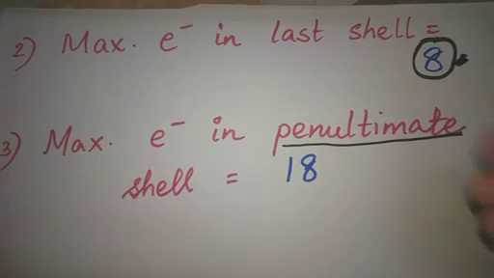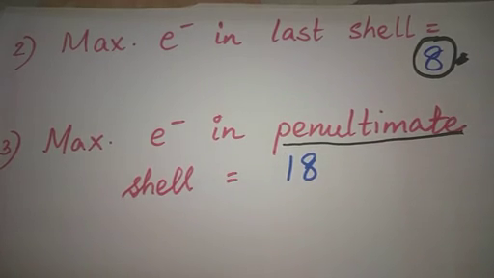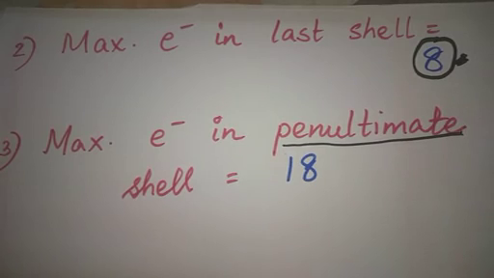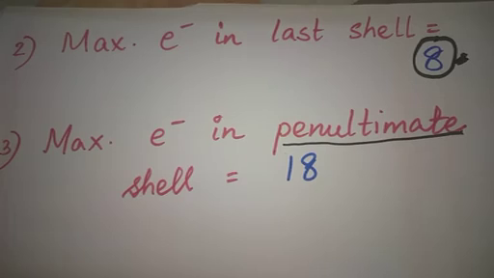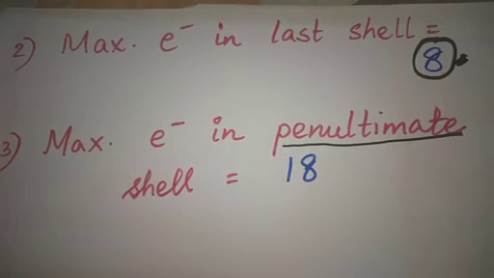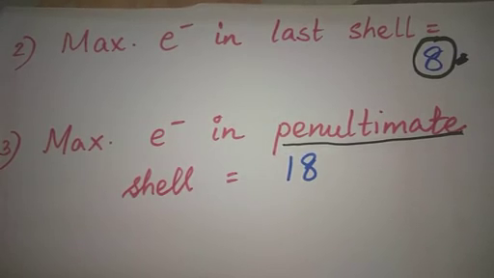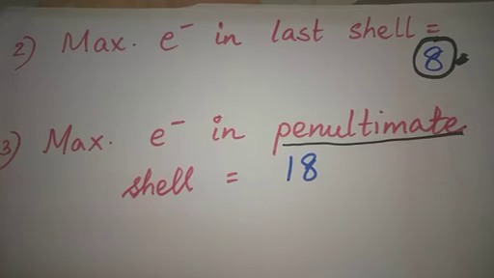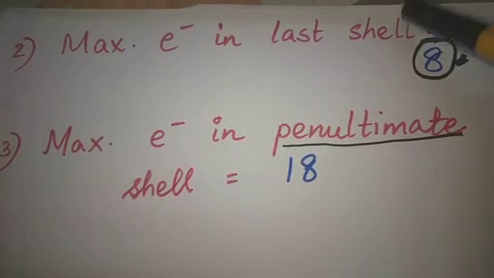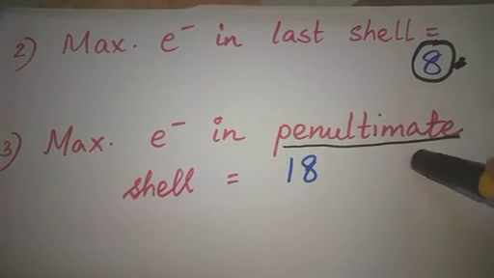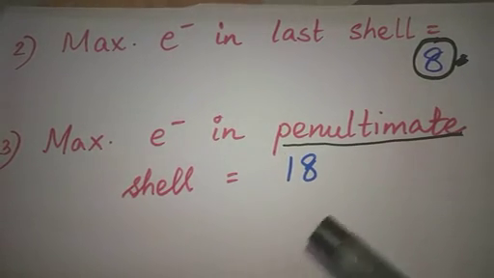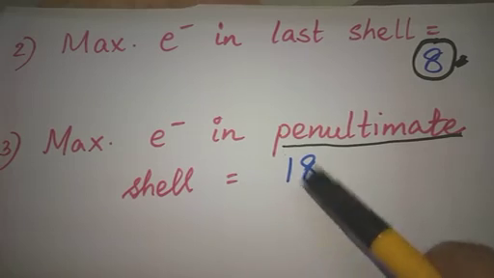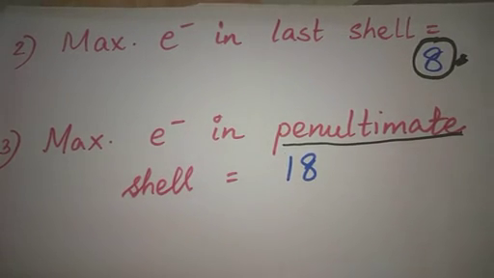So again, I repeat, suppose your atom has total 7 shells. So your penultimate shell, or your second last shell, is the 6th shell. If you see the first law of maximum number of electrons based on 2n square, you will see the number of electrons coming for the 6th shell is very, very high. But they mentioned that no, that's not going to happen. Last shell maximum 8, penultimate shell maximum 18. Not a single one more than that. So that is all about the Bohr-Bury scheme.